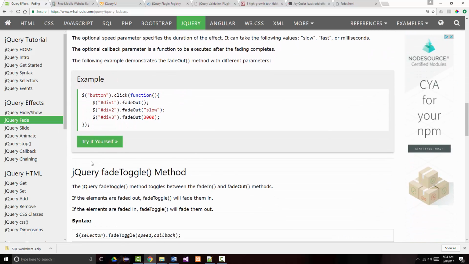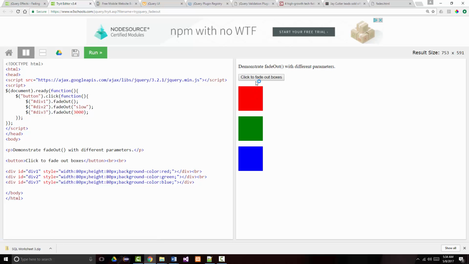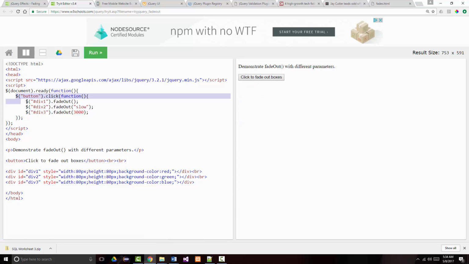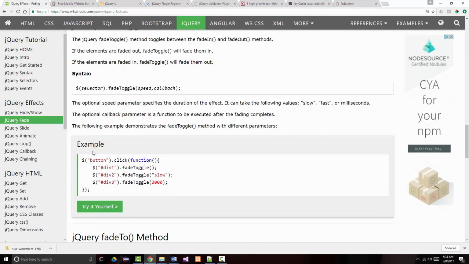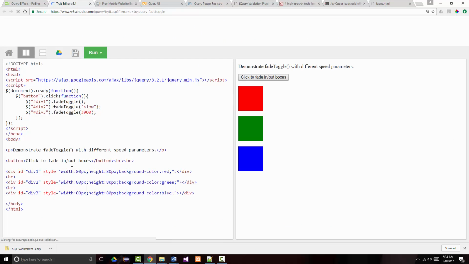Just as you can fade in, you can fade out. Same exact thing that we just looked at, except rather than saying fade in, we're saying fade out. And if you said, wow, is fade toggle coming next? You'd be right. So notice they're gone, and they're back. And they're gone,